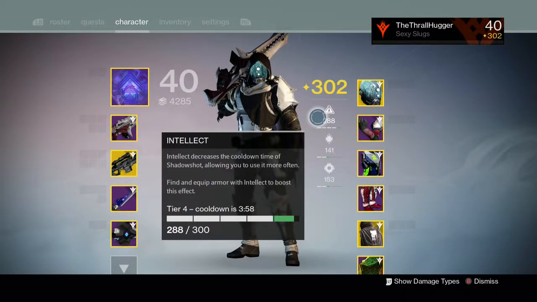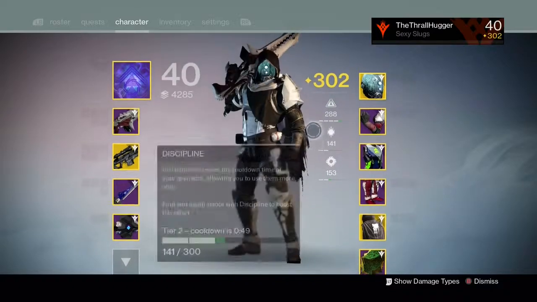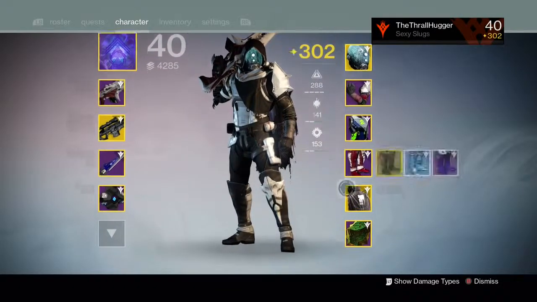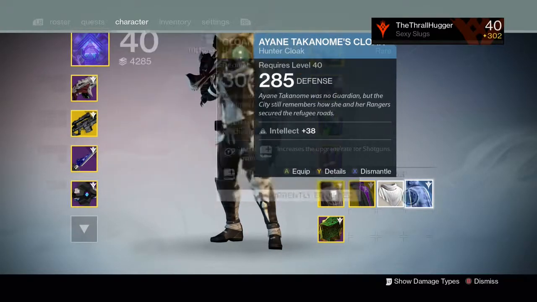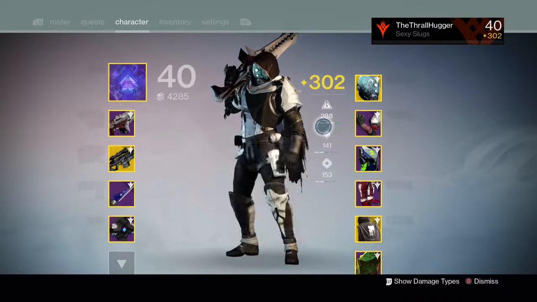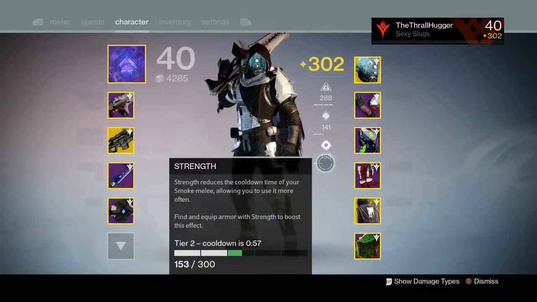Oh wait, we haven't gone through Intellect. So Intellect, I'm on 288 out of 300, nearly maxed. If I put on this Crack Cloak, I'd be at max, but I don't mind, it's still really high. That's what I've always aimed for: high intellect, high discipline, kind of low strength, but I'm liking it how it